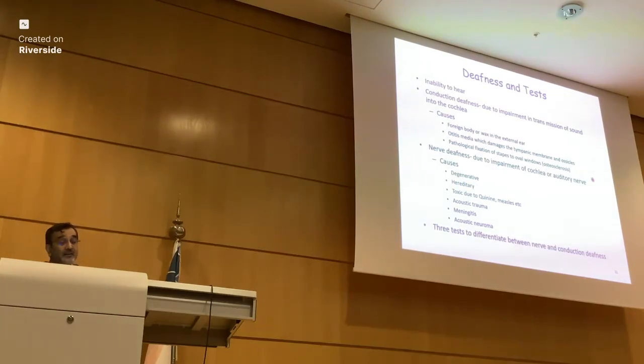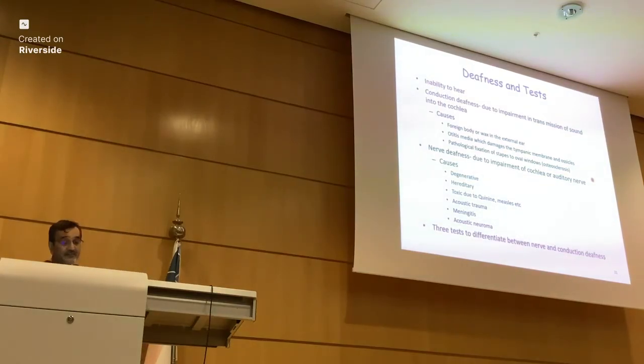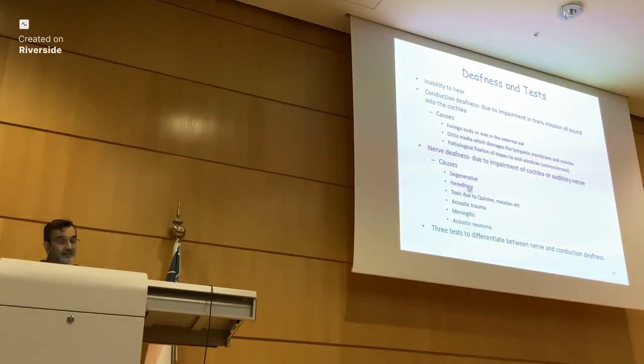not moving. There is a pathological fixation which happens in old age in some people, which is called otosclerosis, where you would have the footplate of the stapes fibrosed, so it is not moving against the oval window. That is called otosclerosis. You can also have nerve deafness or sensorineural deafness because of degeneration, hereditary causes, some drugs like